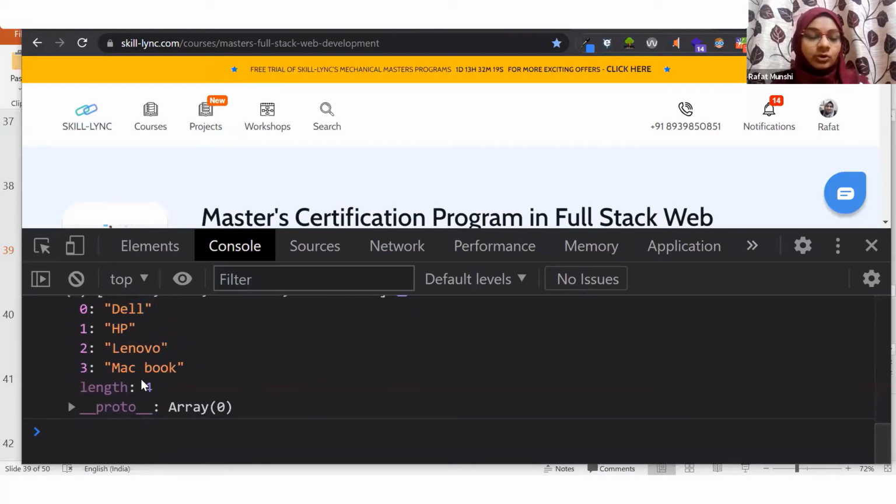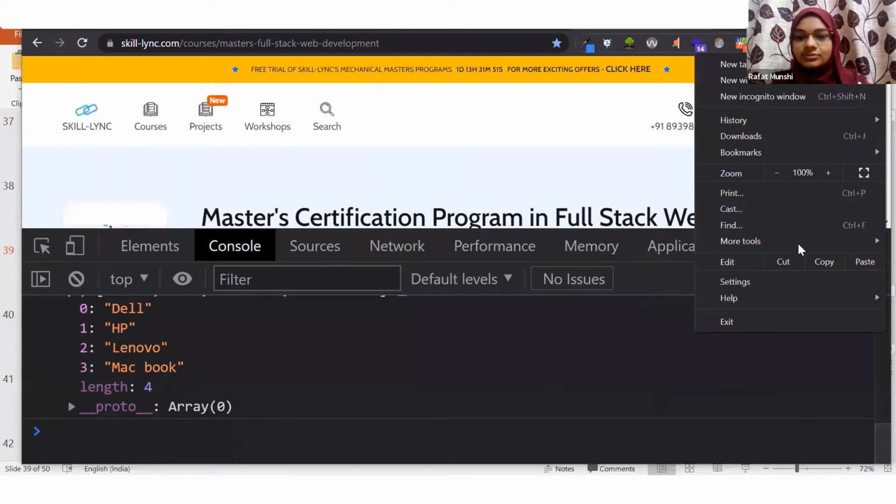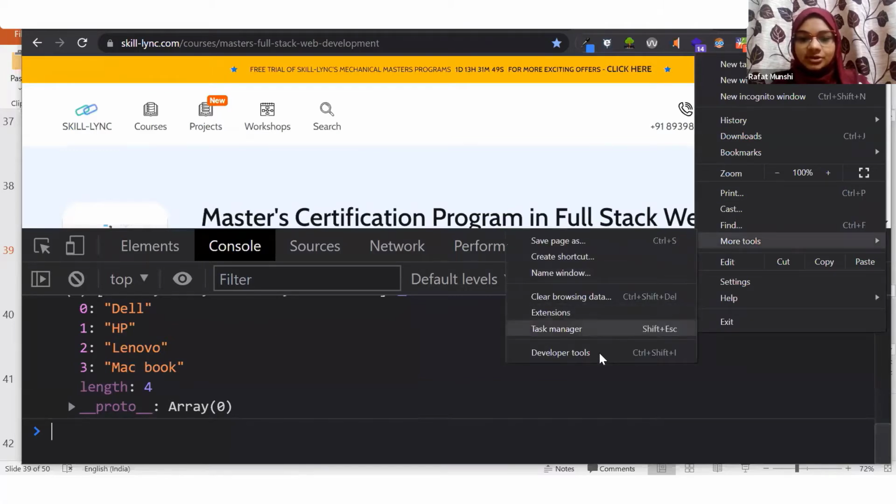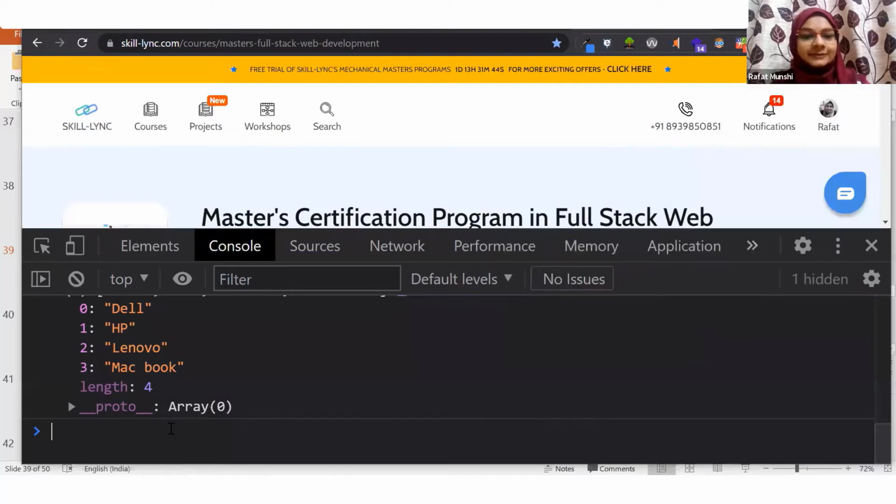How to open this console in your Google Chrome? Just press Fn and F12 on your machine. So basically, you have to press the function key F12. If you press F12 on Google Chrome, you will get this particular console. You can see elements. You can see console. Console is where we are working right now. If you cannot press F12, then from Google Chrome, you can go over here on the right side and then in more tools, and then you can go to developer tools over here as well. So as soon as you go to developer tools, your console will open up.